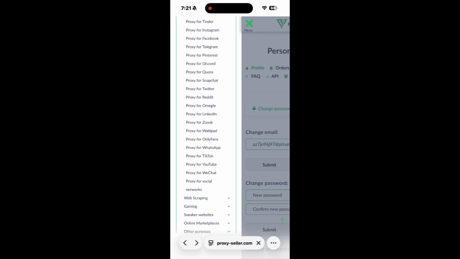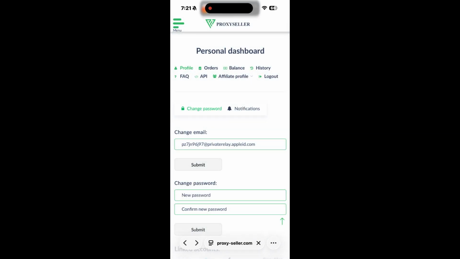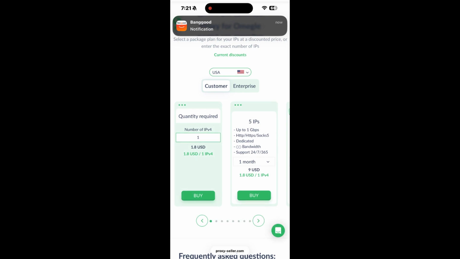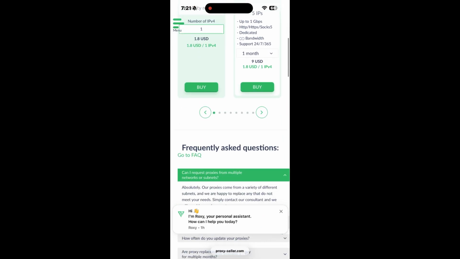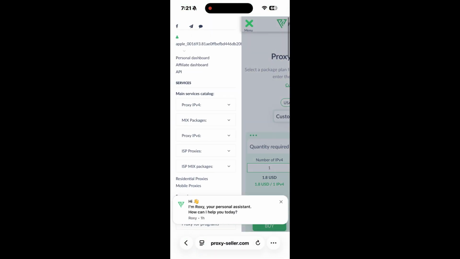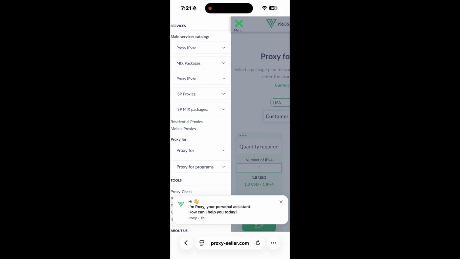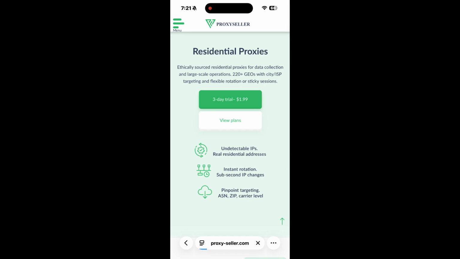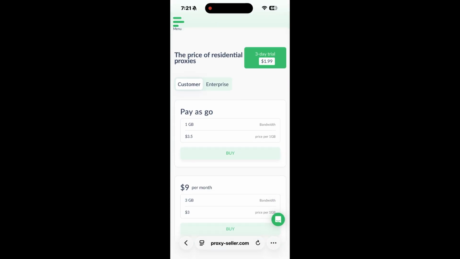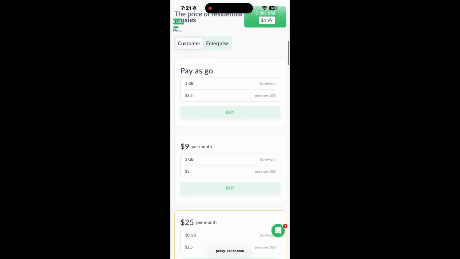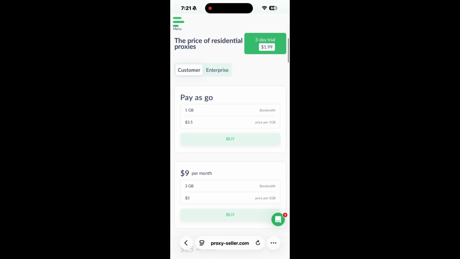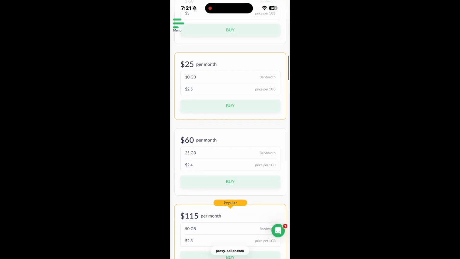as you can see, there are many options available in this website and it is one of the most distinct feature of this website. You can buy proxy for a dedicated program or dedicated social media account. Okay, all what you have to do, you have to click here and you have to choose your proxy. So now let's go to the proxy page and let me buy a residential proxy to show you how it works. So I'm gonna buy a small plan which is pay as go, in which they will give us a bandwidth of